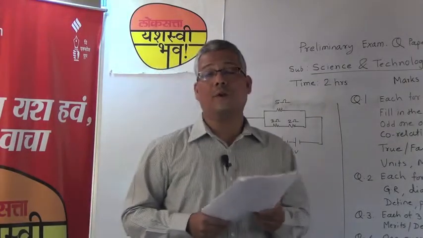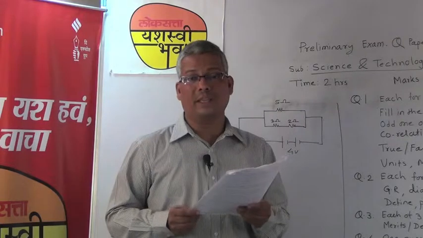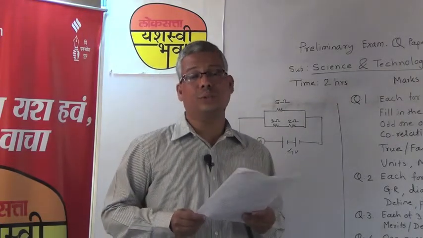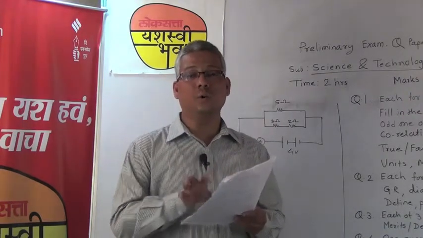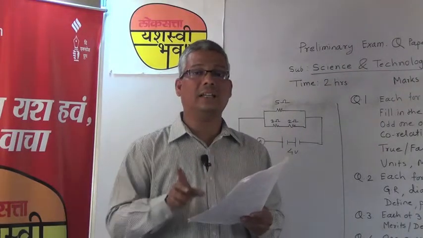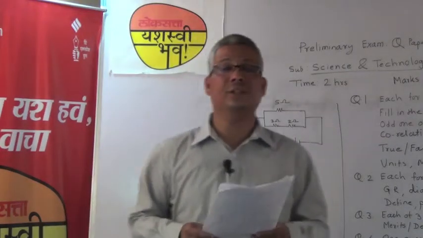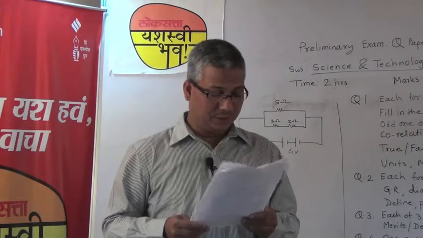Now for the second odd one out, 4 words are given and you have to find the odd one. If you go through our textbook, then you will come to know that 3 of these words are alloys and one is an element. You have to find which one is the element. So automatically you will get the odd one out.